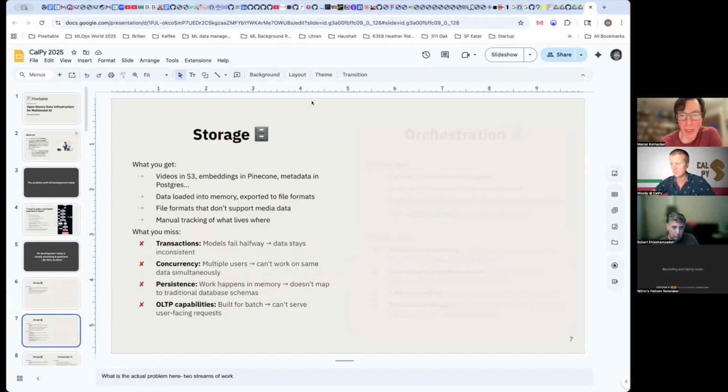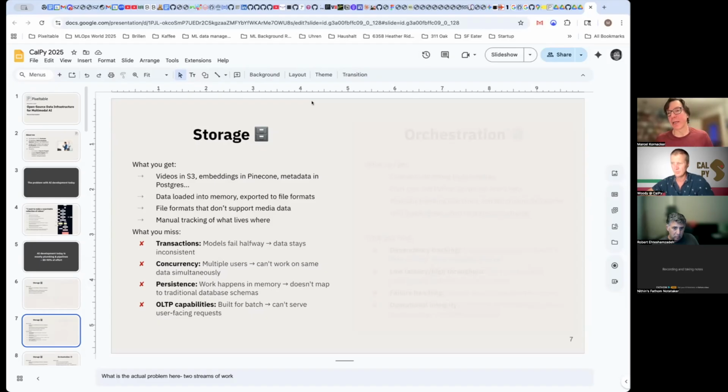And after you've done that, you're still missing a lot of things you need when you write applications, right? You would like to have transactions so that when you're doing a sequence of transformations or model invocations, your data stays consistent and you don't have partial results. You often want multiple users to interact with your system, especially if it produces data. You want the transformations to be persistent.